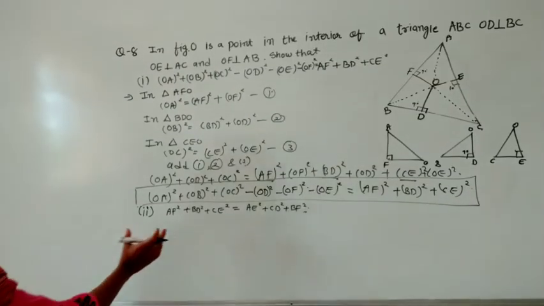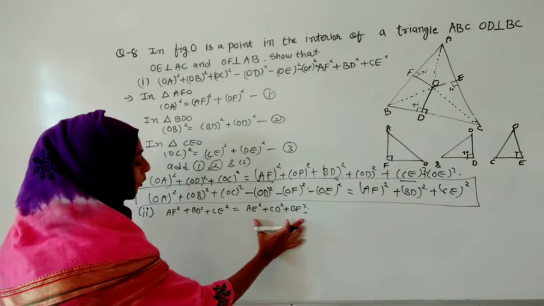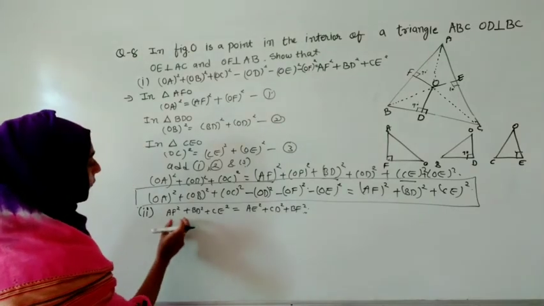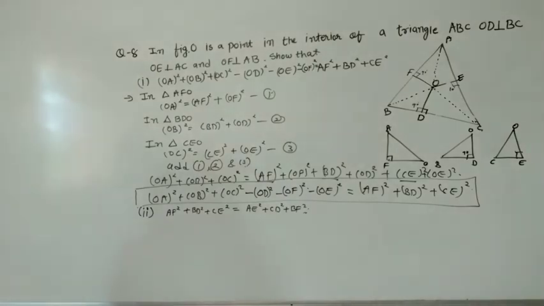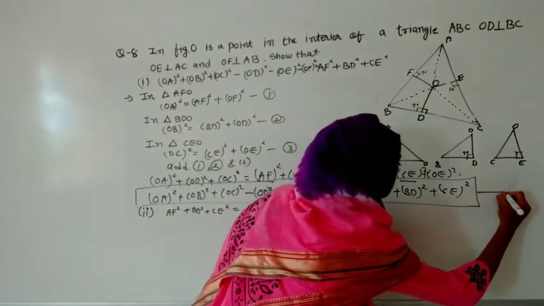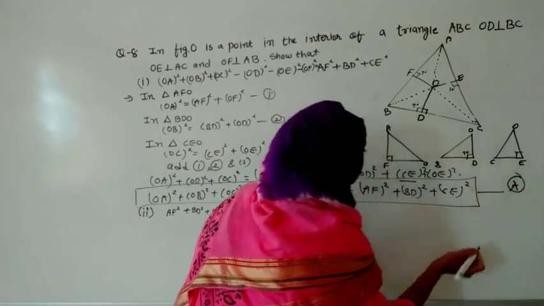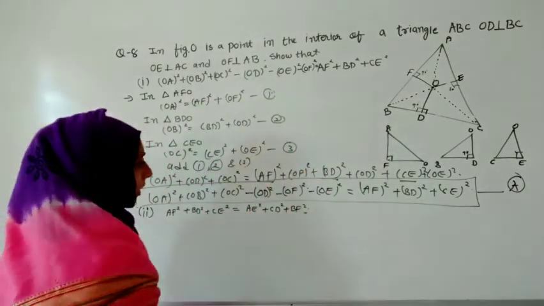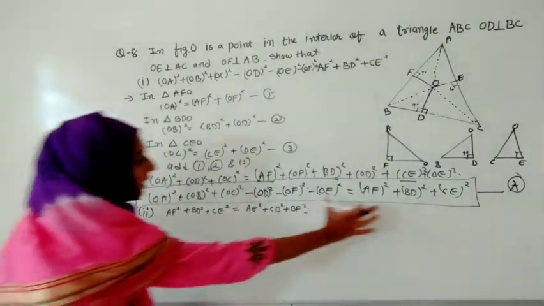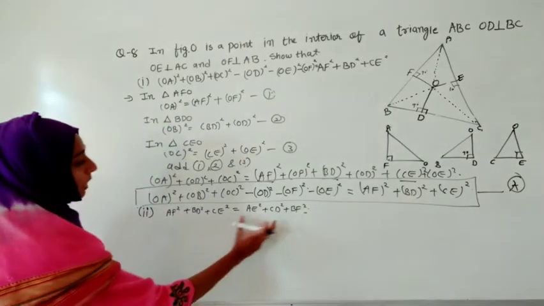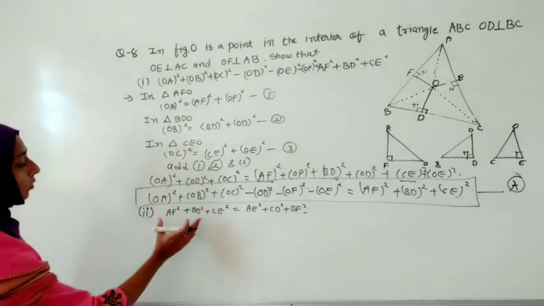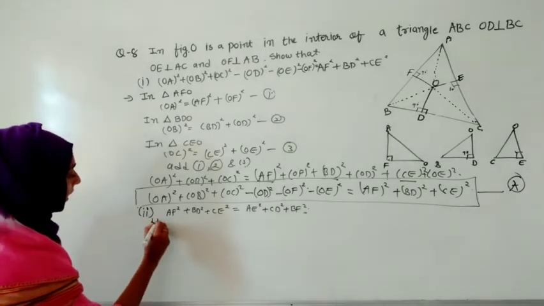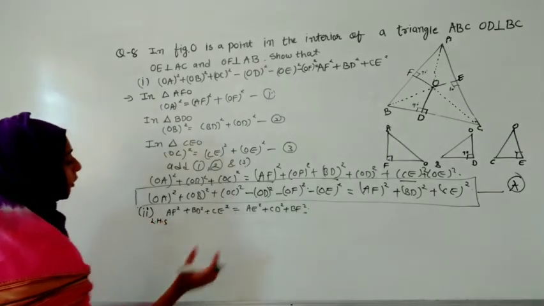As you can see, we have a second proof to prove. We have to prove it as AF square plus BD square plus CE square in this way. So how will we prove it? As in the first one, this is the large first, or you can give it the name A, because 1, 2 and 3 we have given over here. So AF square, BD square, CE square, we have to prove it in this way. We will take left hand side and prove it equal to right hand side.